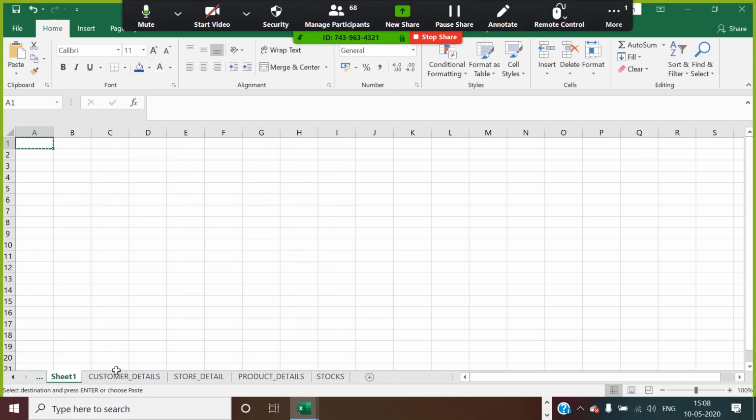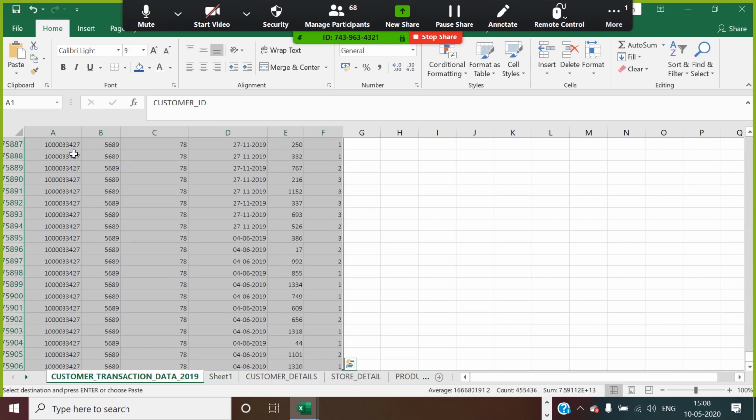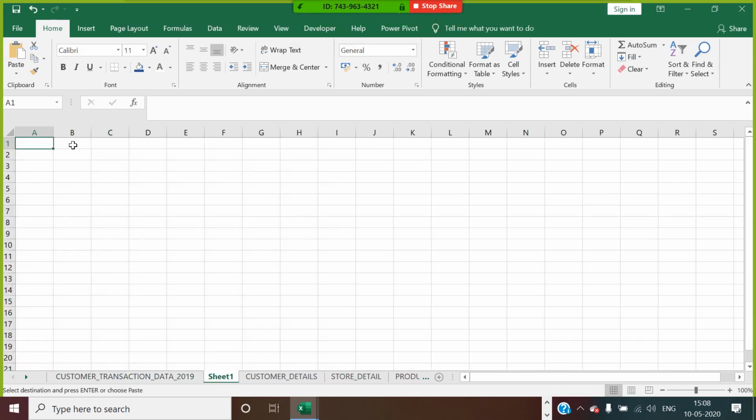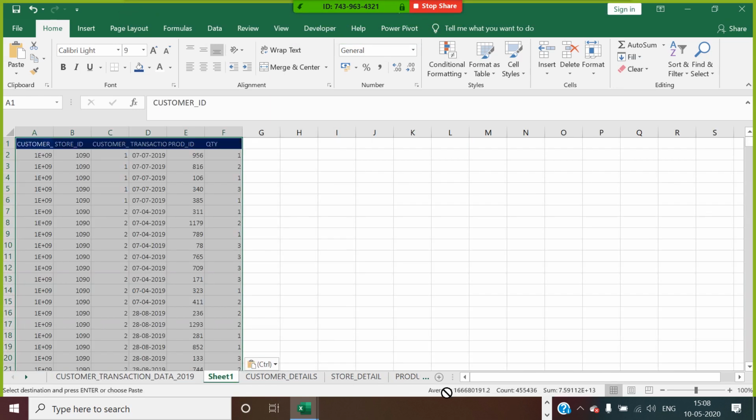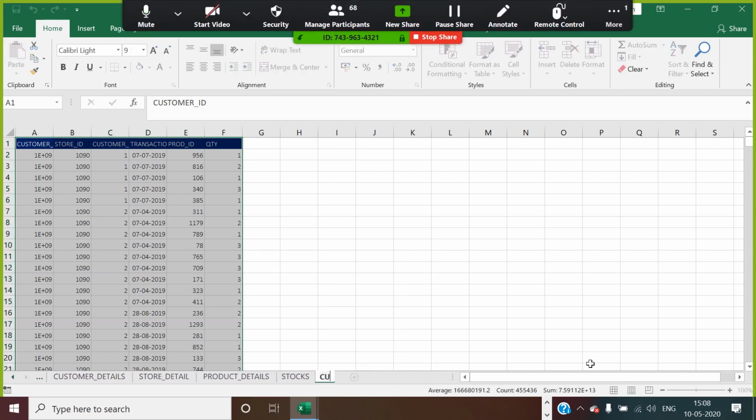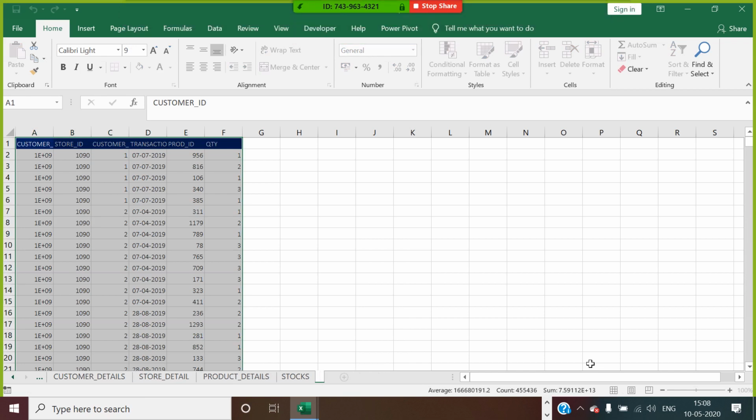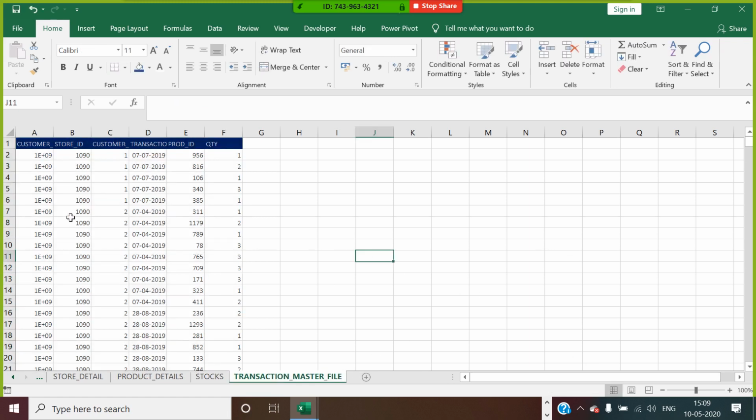And when I paste these values over here, guys, I rename this as customer all transaction details, or let's say transaction master file.